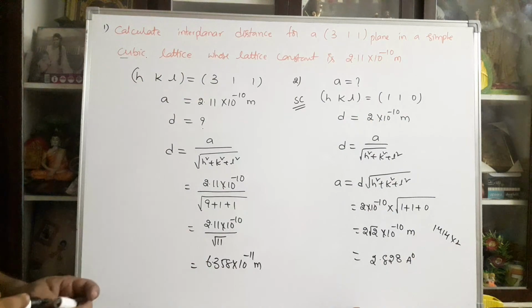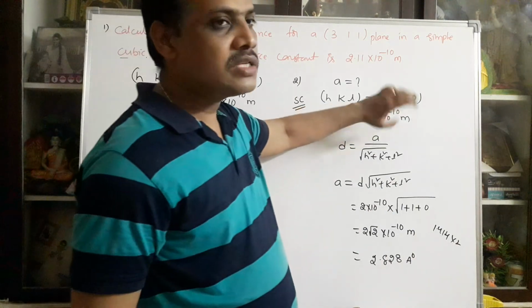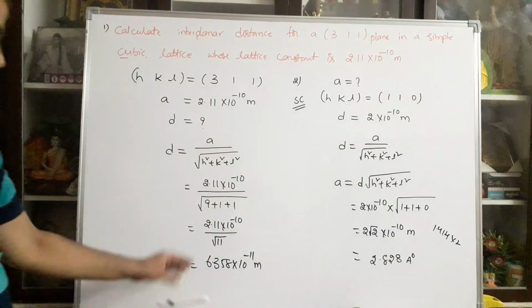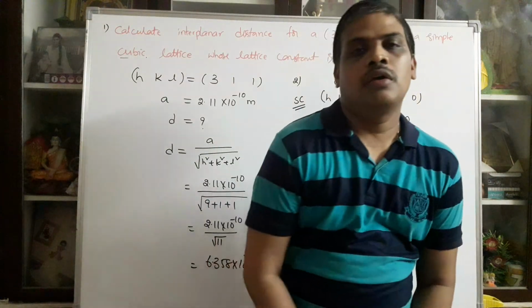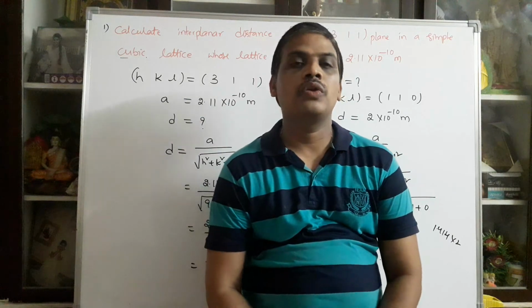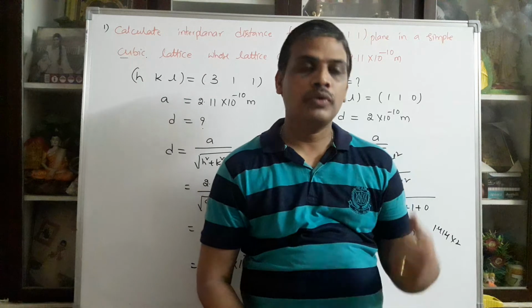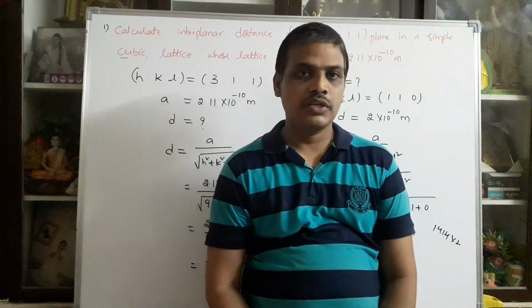So in this way they are asking for either the interplanar distance or the lattice constant. According to the interplanar distance, the calculation is known. Based on that, a number of problems are given. So that is the first chapter in unit number 1. In unit 2, how many chapters are there? Totally 2 chapters. Up to this class we have completed the complete first chapter.